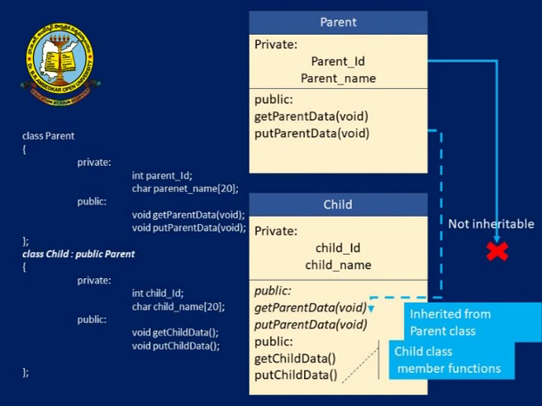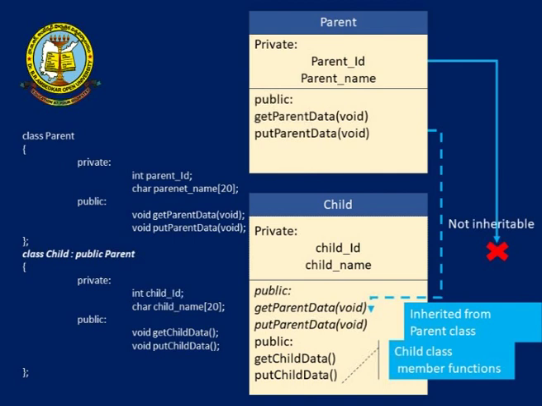Private members are inaccessible outside the class. See, when we derive the child class from the parent class, only the public members, which are getParentData and putParentData, will automatically be inherited into the child class. So, we no need to define them again in the child class. That is the main concept of reusability. Here we no need to write the same code again and again. We can simply use the